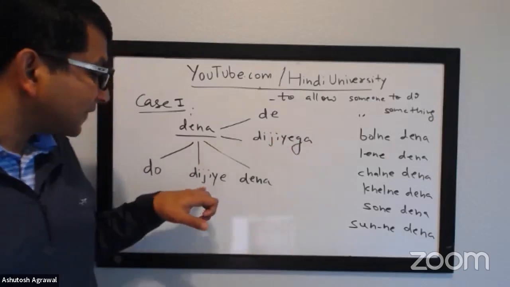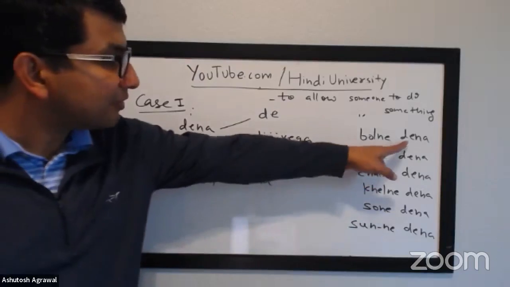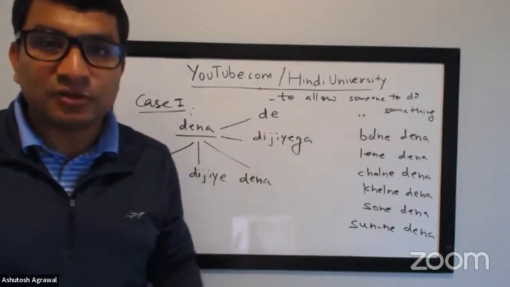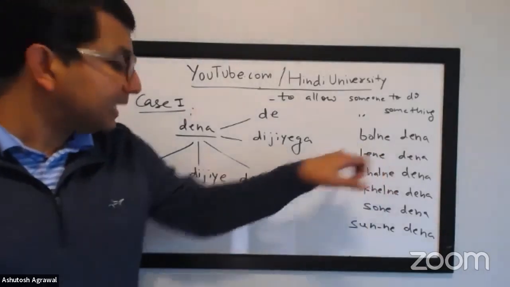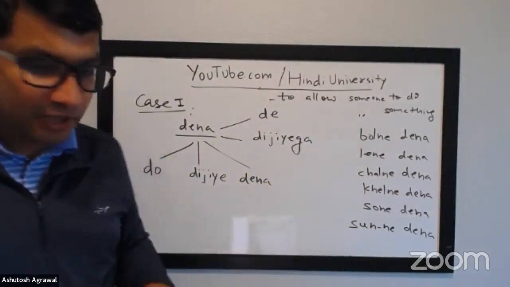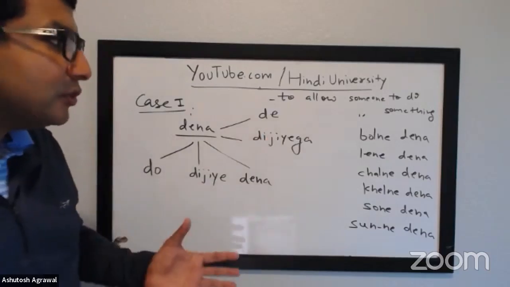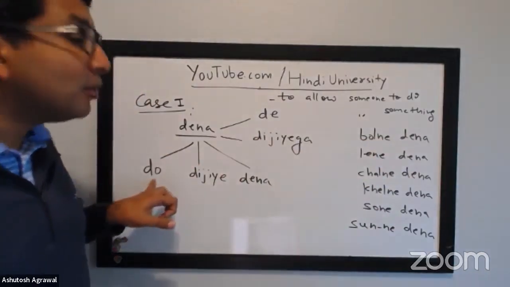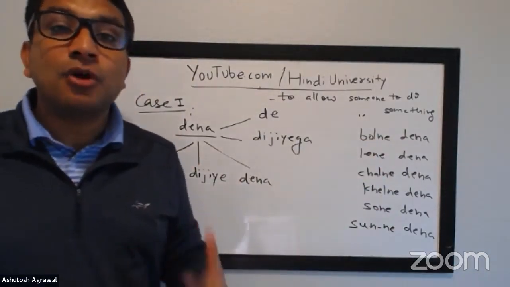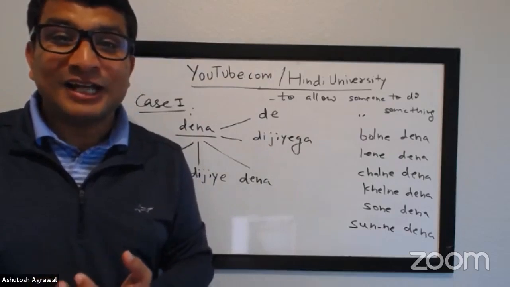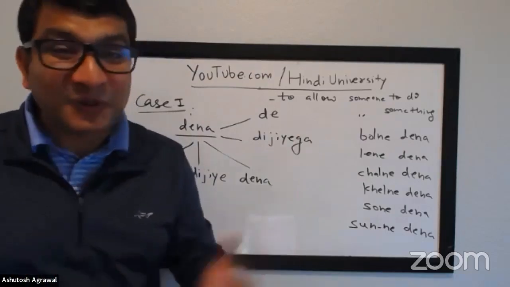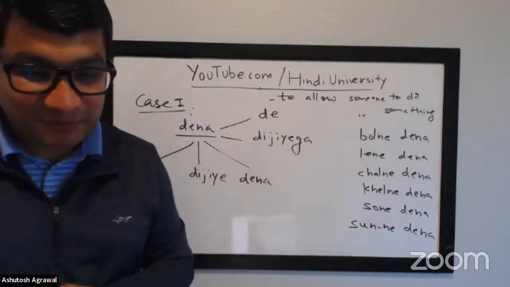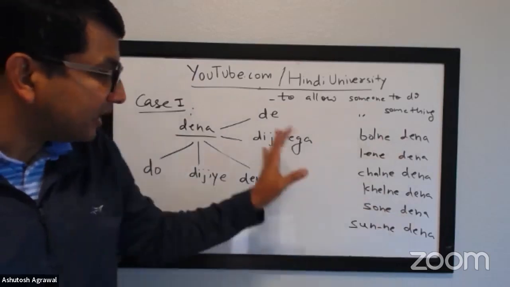Okay. And in this case, if I were to use any of these instead of Dena, it makes a little bit more sense that you are trying to say something. So let's say bolne dijiye. You can practice right now, that's what we'll do in this case. We'll take this and we'll replace Dena with any of these. So bolne do. Let's say somebody is talking a lot, and you want to let the person keep on talking, right? So bolne do, let it out from their mind. Okay, so let's just practice it. We'll remove Dena and we'll use any of these.